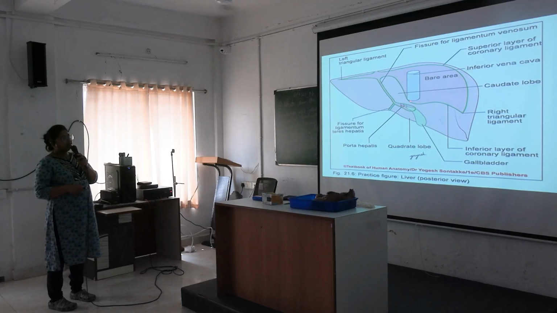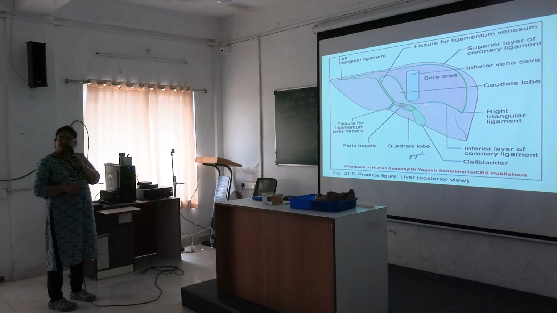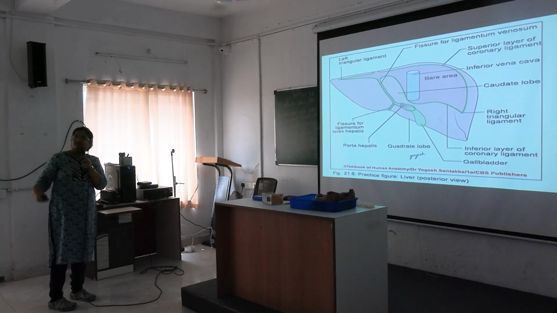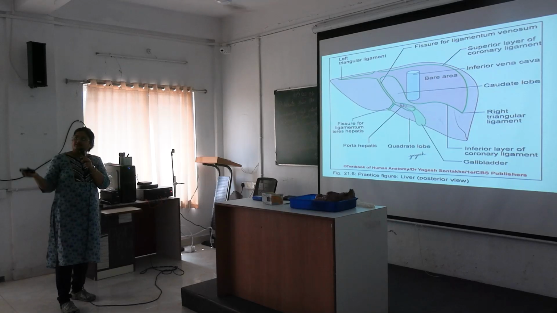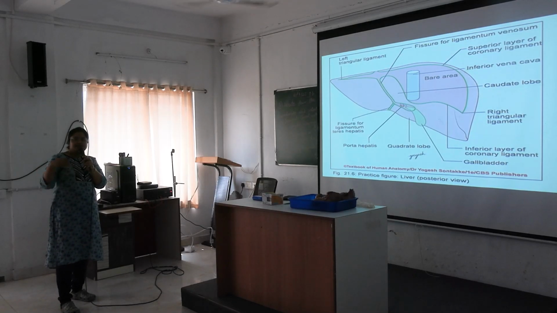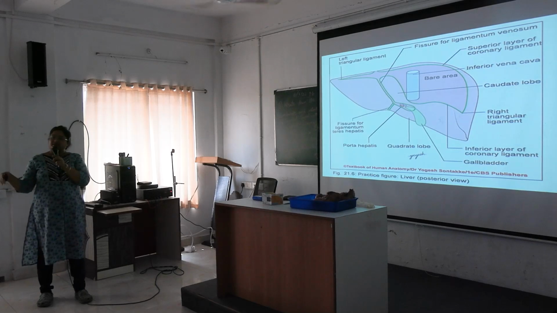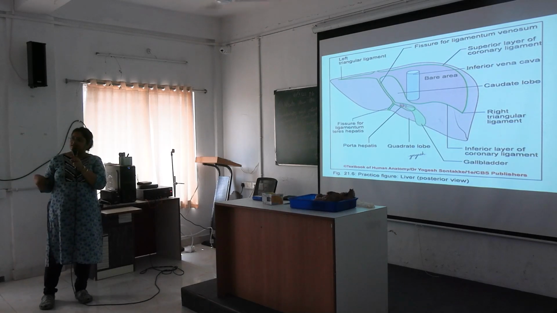And gallbladder has different parts. This projecting part is the fundus. Here is the body. This part is neck. Okay, and then it continues as the cystic duct. Cystic duct joins with common hepatic duct to form the common bile duct, which passes through the right free margin of lesser omentum, then enters through the pancreas and drains into second part of duodenum.